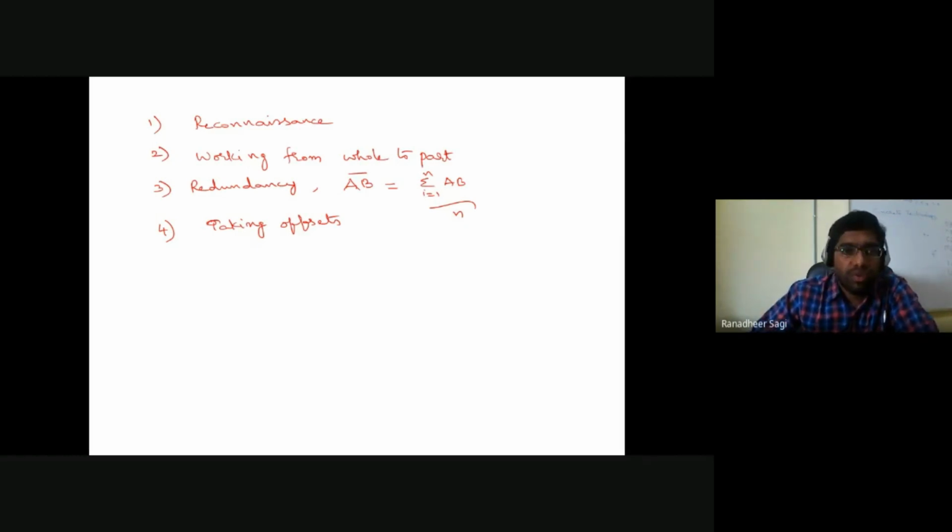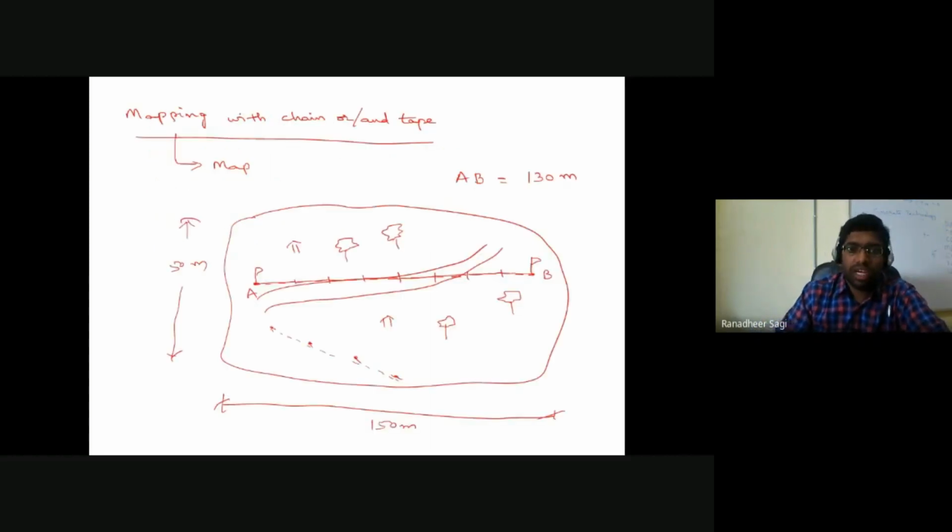Okay, so if I start saying that I am going to be taking out the offsets with regard to the objects which I have got in my survey field, what do these offsets mean? Let me just start doing it. I'll start placing my chain from point A, and I'll stretch my chain towards the direction of point B. I'll just align my chain in that direction.